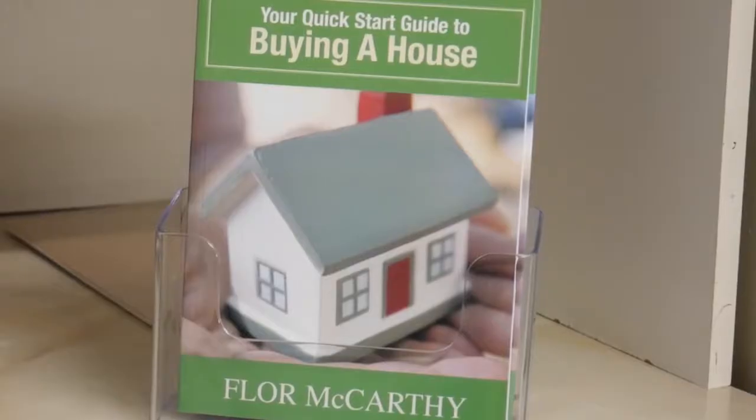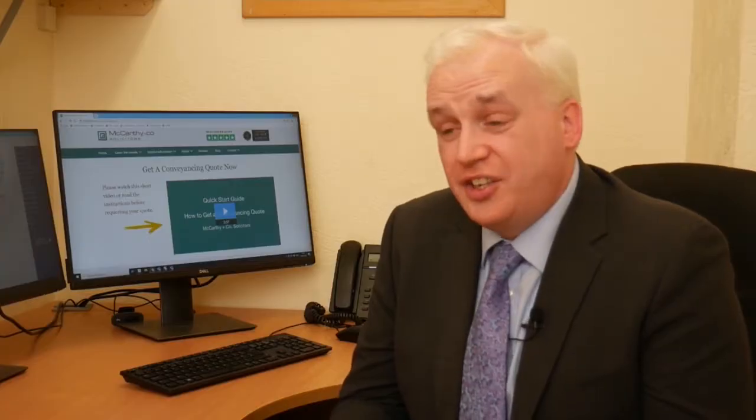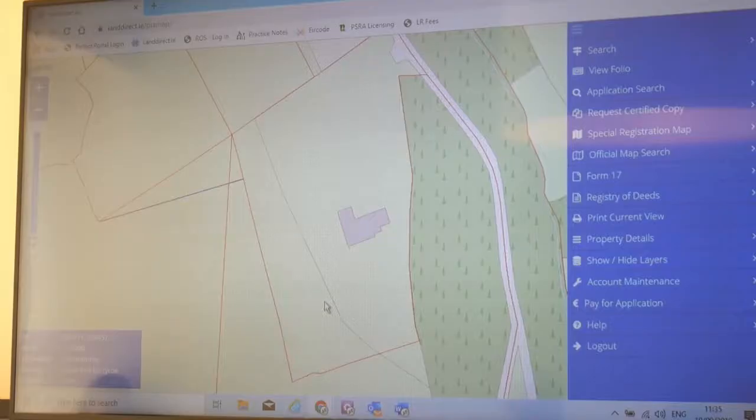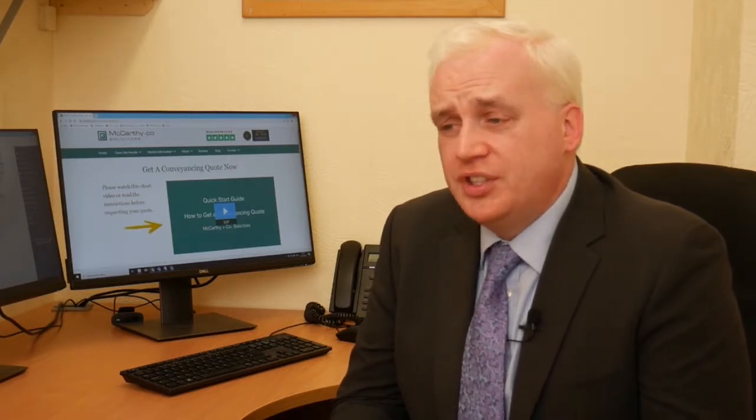We came up with the online conveyancing calculator to assist people who are buying or selling houses in determining what the costs will be in that process. We found that people were regularly reporting to us that they had difficulty finding that information out early on. They would sometimes ring solicitors firms and get information but not a very solid idea of what the cost would be, and we didn't see any reason why that should be, so we came up with a tool that people